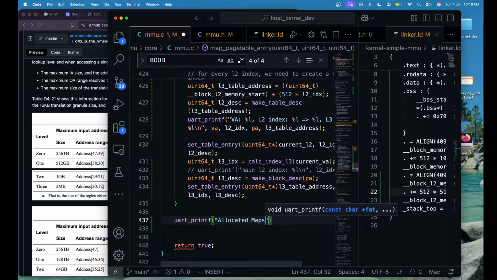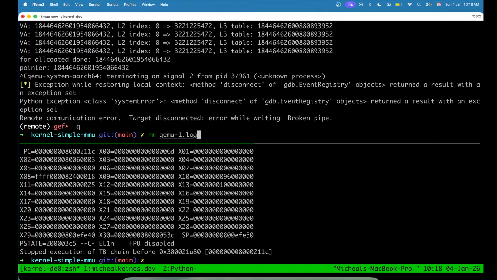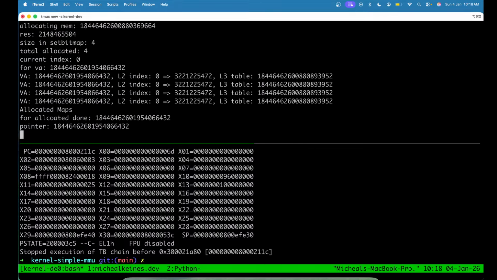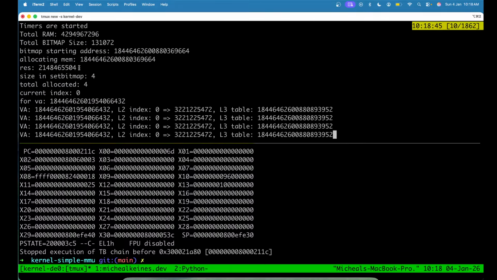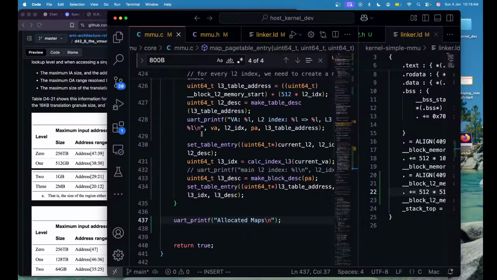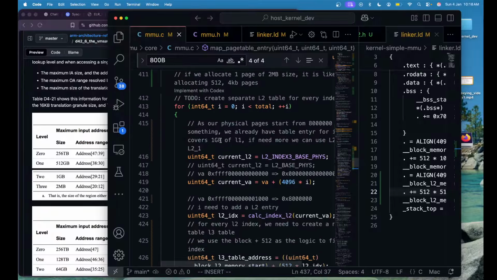Allocated maps. Let's see. Okay, we do say that we allocated maps after that, so definitely we are iterating over it 4 times, but